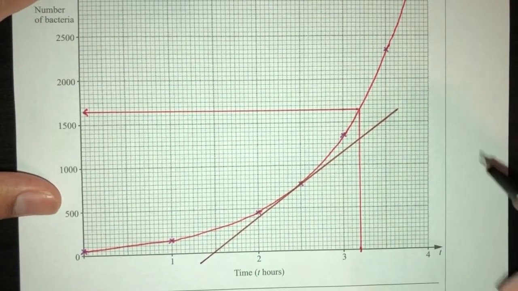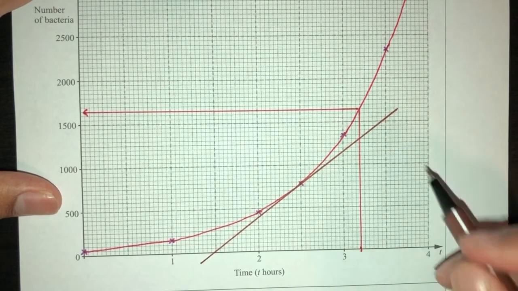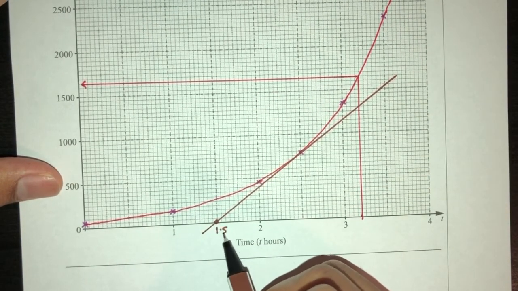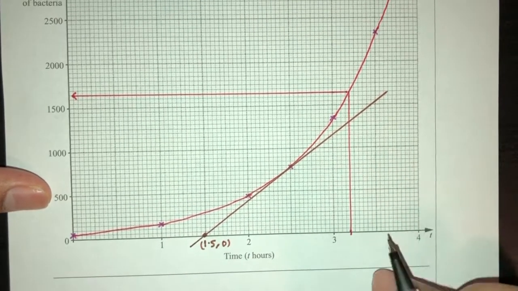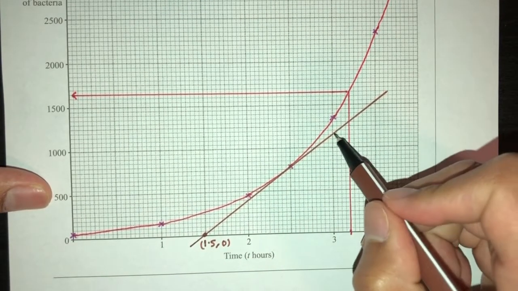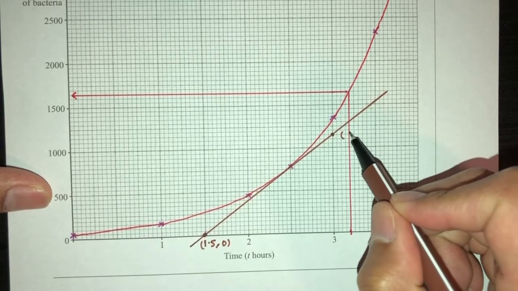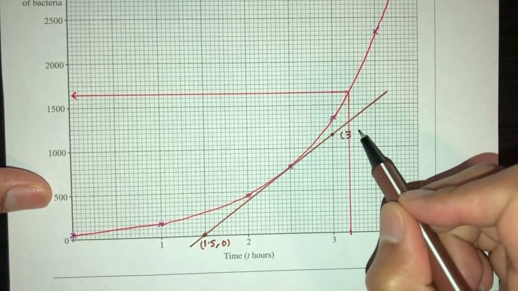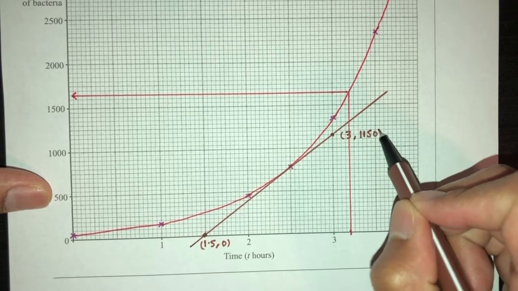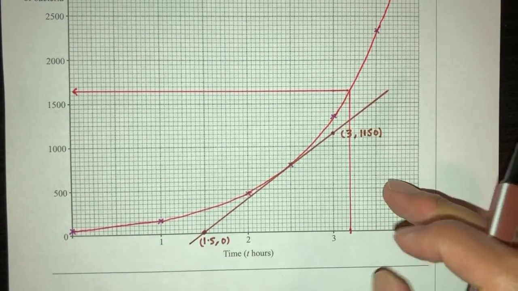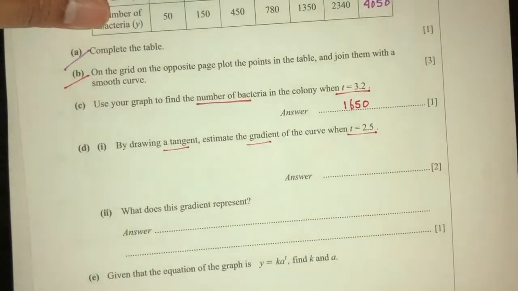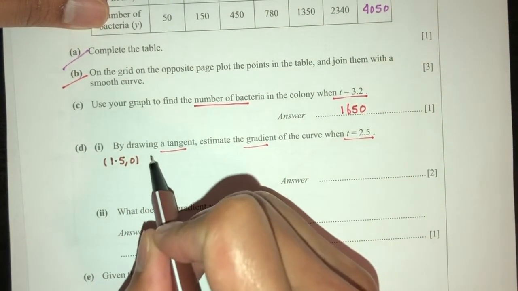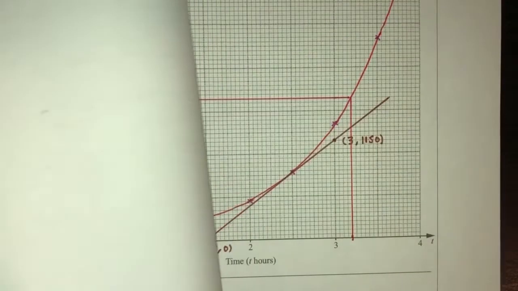So let's choose 2 points. The first point that I can use will be this one, which is 1.5, 0. And let's say I use this point, which is 3, and this is 1, 2, 3, which is 1150. So since I have 2 points, I can find the gradient by using my formula. So the first point is 1.50, and that one will be 3,